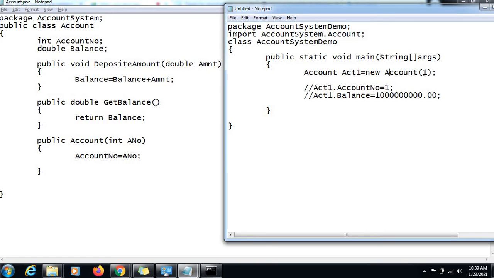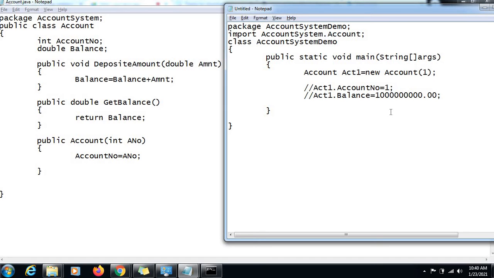Okay, now here we will set this like this constructor. Now we are calling by sending one integer value, and this integer value will get stored in this ANO. The use of that is for the object which we are creating. At the time of creation, the two instance variables, account number and balance, would be created, and this one value will get set to that ANO, and this ANO we are using to set that account number instance variable which is being created at the time of account creation, right?